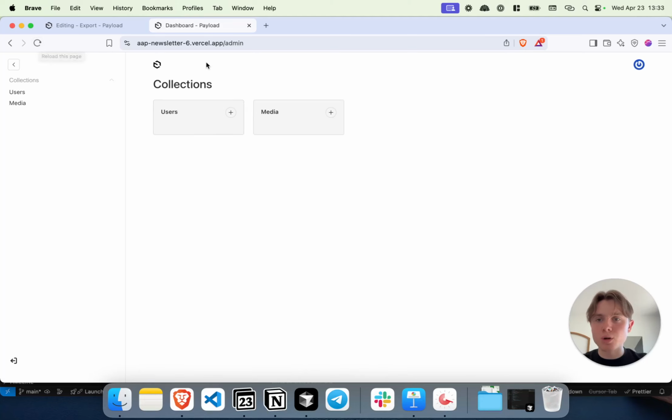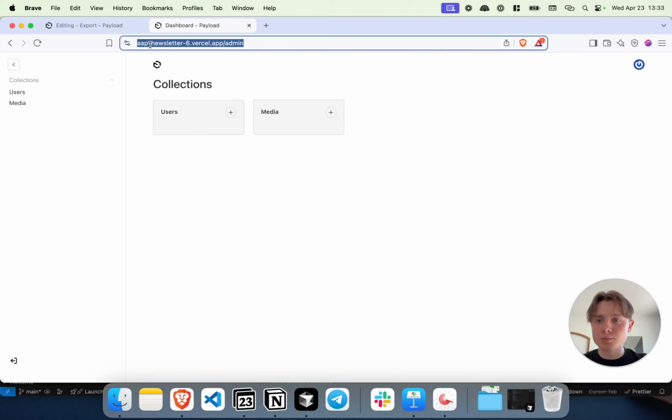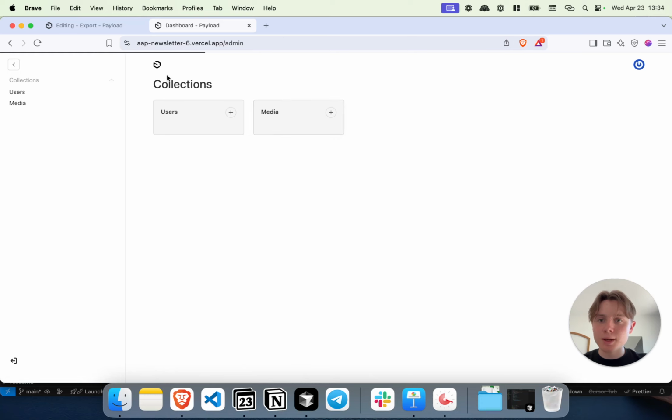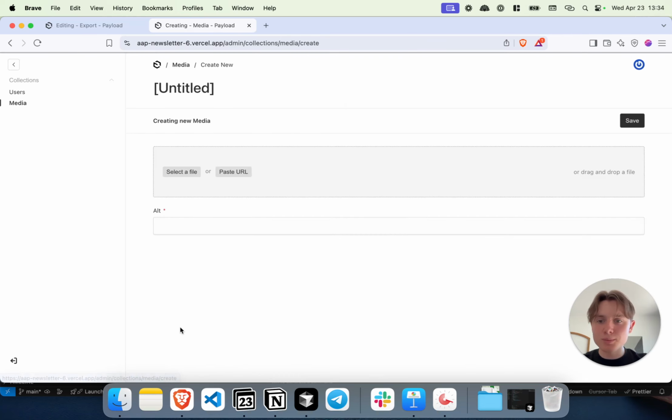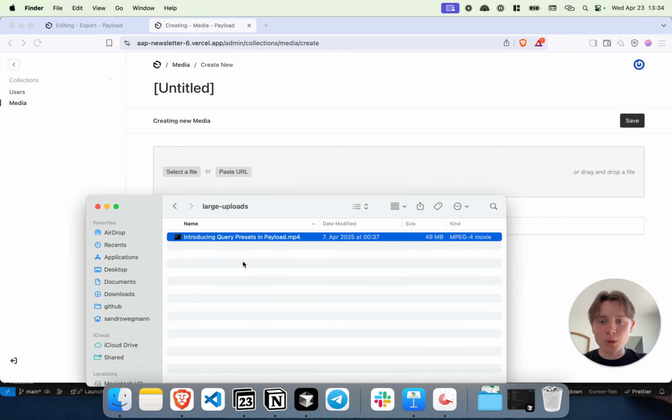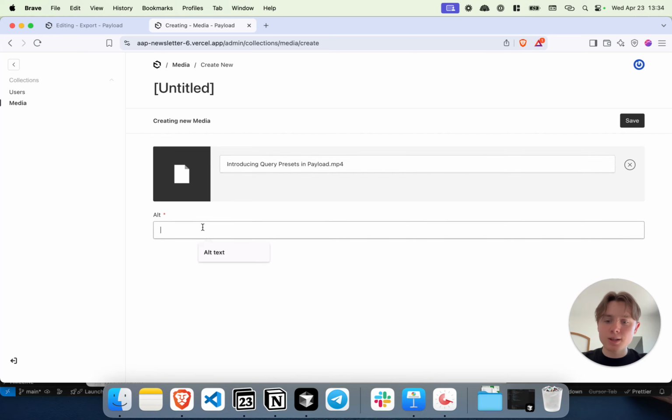I've opened up my project in the deployed Vercel version. So it's all about payload newsletter 6.vercel.app, and I've logged into my admin panel. Let's go to media and upload a new media document. I have already prepared a large upload, which is actually our YouTube video about introducing query presets into Payload. And this has 49 megabytes, so it's well above the 5 megabyte limit for Vercel. Let's drag it in, give it an alt text,